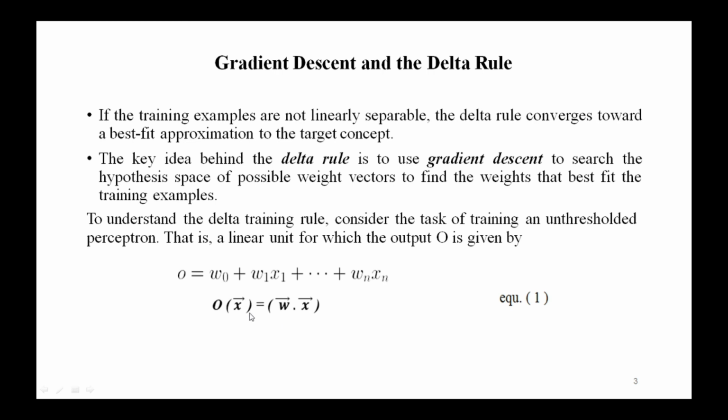So a linear unit corresponds to the first stage of a perceptron without the threshold. With respect to this representation, we can conclude that a linear unit corresponds to the first stage of a perceptron without threshold.